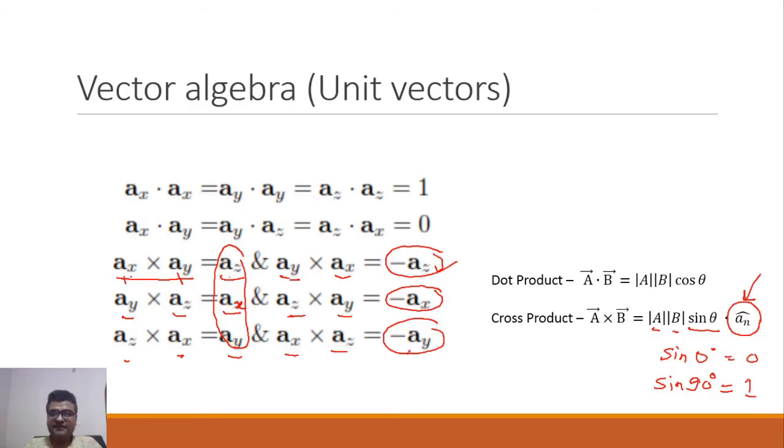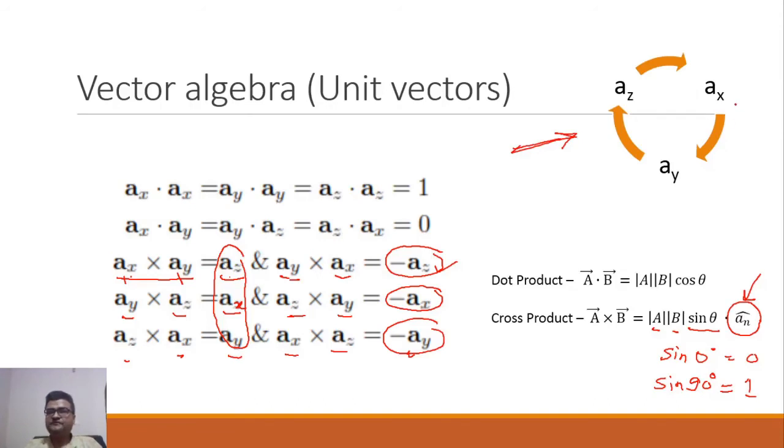And AY, which always points towards the right, now it is following its opposite direction, that is on the left direction. So if you want to remember what would be the answer of AX, AY cross multiplication, AY, AZ cross multiplication, or any unit vector multiplication, you need to learn this cycle diagram.